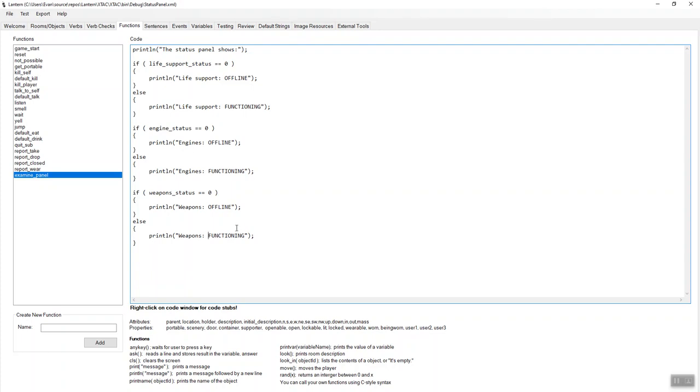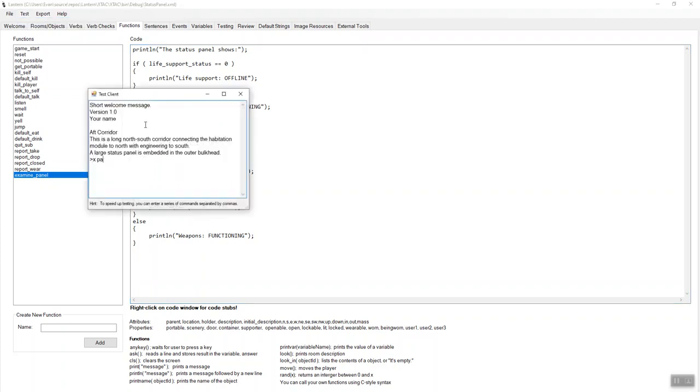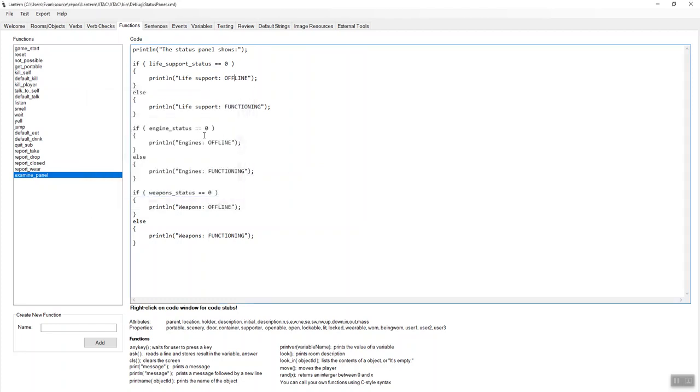All right, so now let's test that. Examine the panel. Okay, the panel shows life support offline, engines offline, and weapons offline. Why? Because it's checking those three variables. And if they're 0, it prints they're offline. If they're not 0, it prints that they're functioning. And just to show you